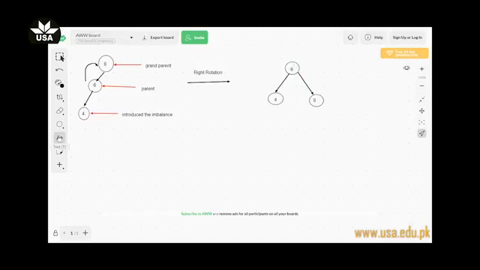Now let's discuss another case. I am creating another binary search tree on the bottom of the page. For example, the first value to be inserted is 4. If we check the balance situation, currently there is a single node in the tree, so the tree is balanced. We don't need to take any extra measures now.